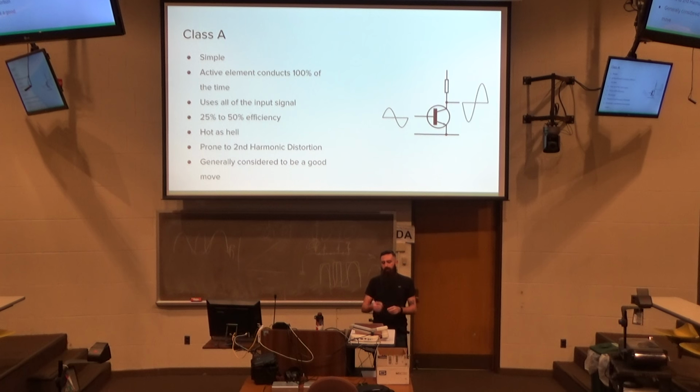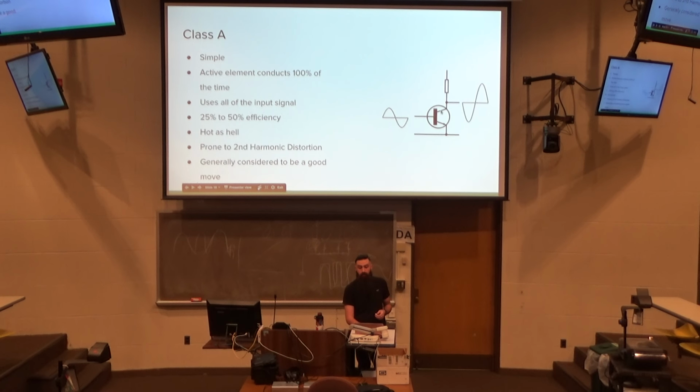And here we have the class A. This weird thing here is our MOSFET that we already talked about. Here's the gate coming in. That's this input signal. And here's the output signal, which is coming out of the drain. Here's the source, going through, drain, and then out. Make sense? Perfect. So,